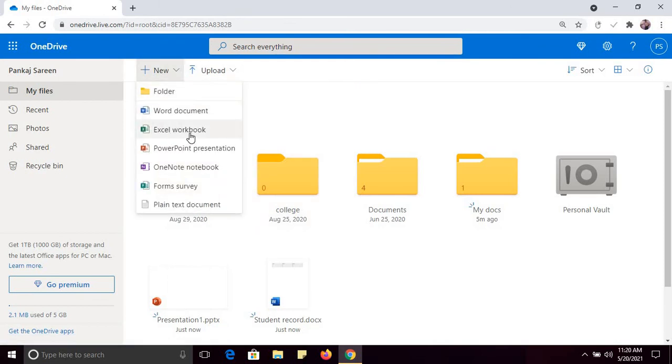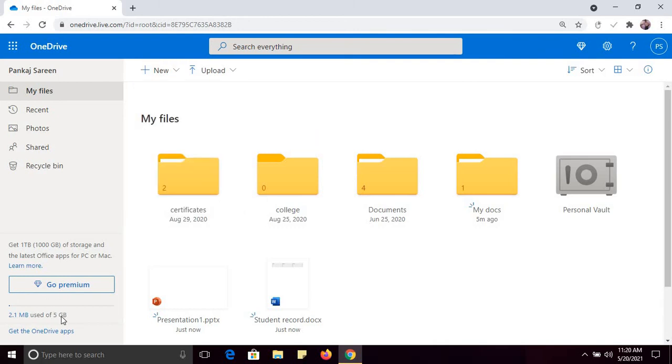If you want to create an Excel workbook, you can. So you must use this Microsoft OneDrive. If we compare it with Google Drive, although the storage space is less, only 5 GB, you can use Microsoft Office online, because most people are comfortable with using Microsoft Office. So you can use all the latest features. You can see files that you have shared with some people in this share tab.